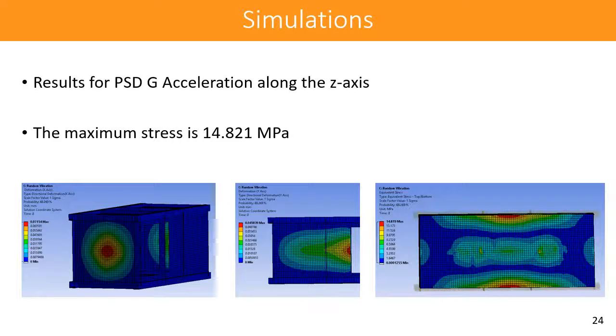The second regime was applied on the z-axis, and we can see that the deformation on the x direction was also shown on the front and also on the back panel, and it came out to 0.07 millimeters. And the maximum deformation on the y-axis came out to be 0.045 millimeters. It was the same for the z-axis. However, the maximum stress in this case was found on the top and bottom panels, and it came out to be 14.8